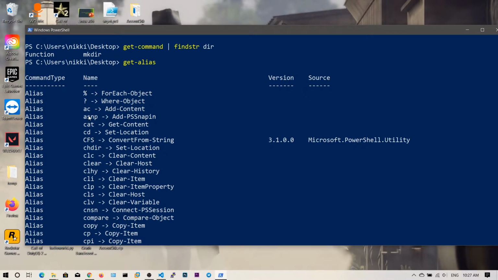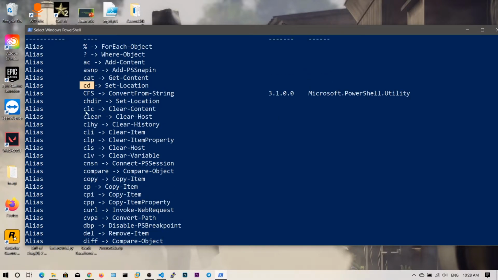In your PowerShell, you can see cat is Get-Content, which displays the content. In Linux, cd changes directories, and that means Set-Location. So this is the actual command that is going to execute when you are executing cd. In the same way, chdir is Set-Location, so it will change the directory. clc is Clear-Content.